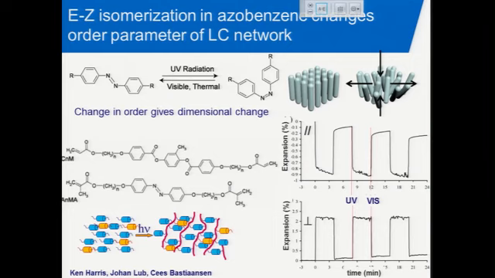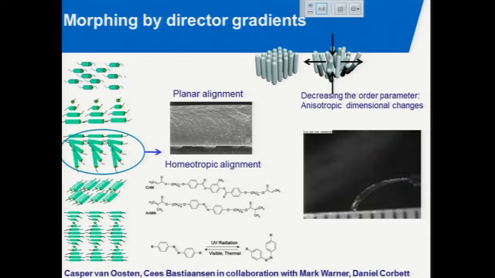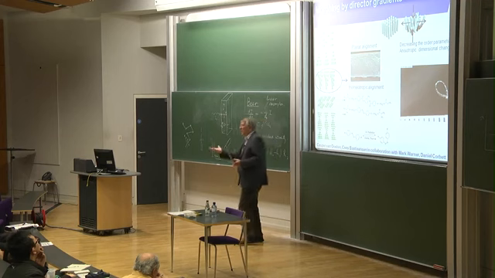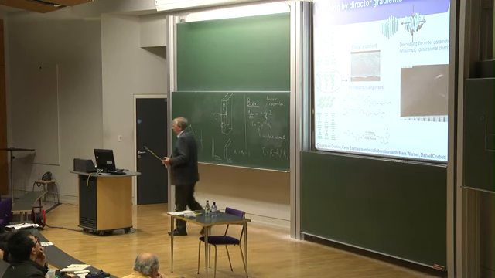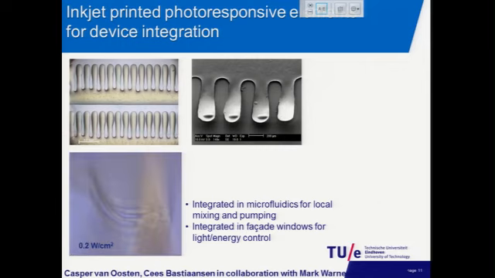So you can play now with the dimensions of this system, which means that you can also use it again for this splay system. So we make a thin film with the splay alignment, but now also with the presence of the azo compound, and directly, if you expose it with UV light, you see a direct response in the direction that you would expect it to go. These are experiments that were done by Casper van Oosten together with Mark Warner and David Corbett, and he actually was able to